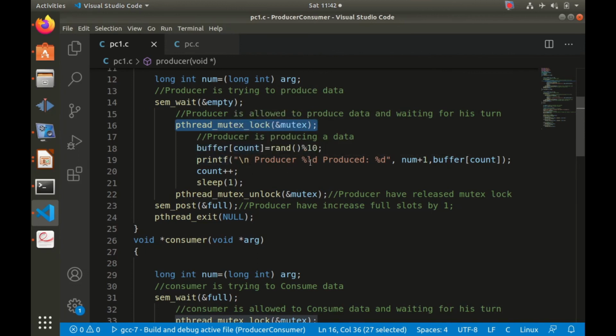Then he enters the critical section and creates data, using the random function between 1 to 10, so mod 10. Then we print the message for the producer, increment the count variable, put a sleep, and then release the lock and increment the full slot by 1.